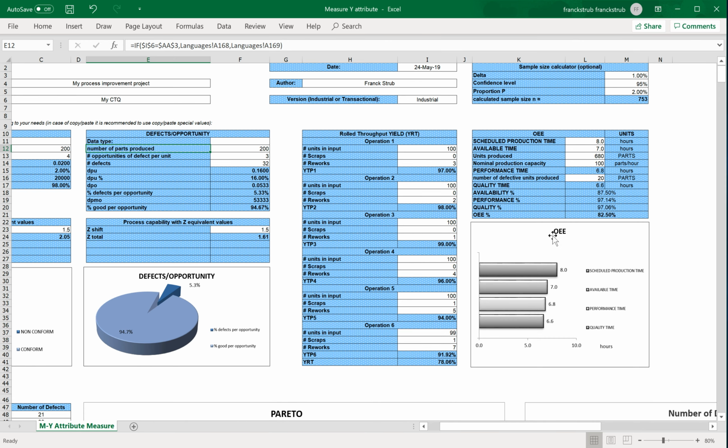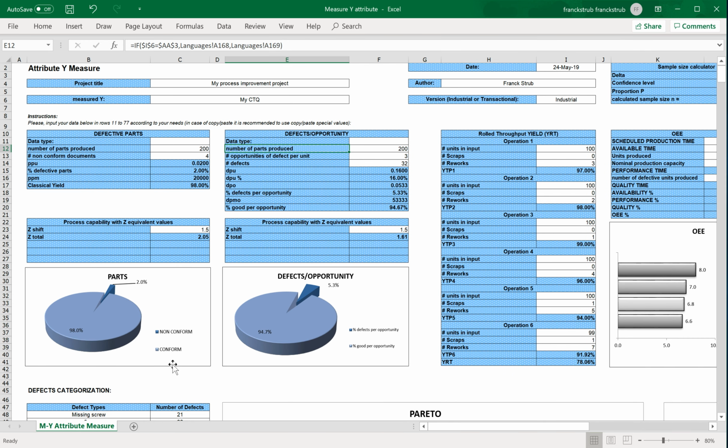So given your project Y, you will like to calculate PPM with defective parts or non-conform parts. You would like to calculate DPMO, defects per opportunity. In this table, you will find defects per unit, defects per opportunity, and defects per million opportunities, which can be translated into a Z value, of course.